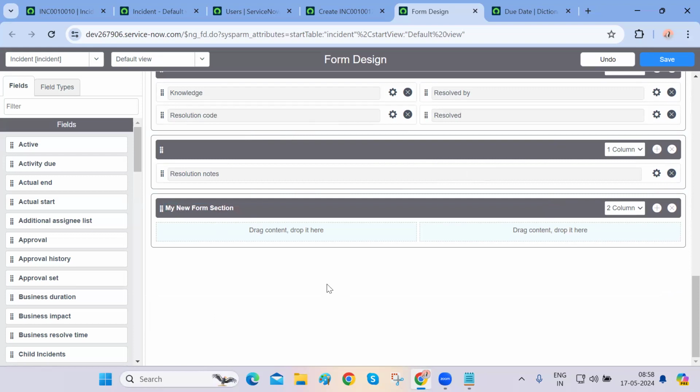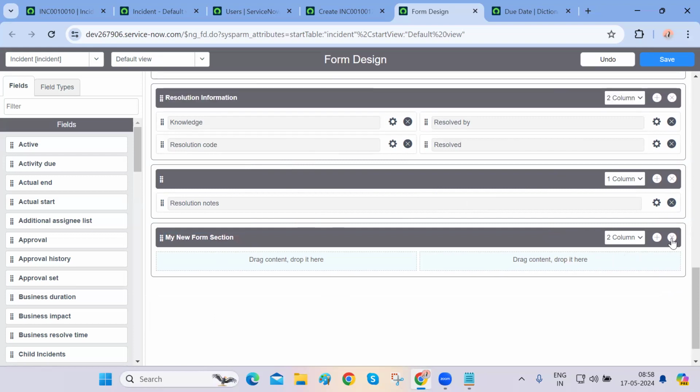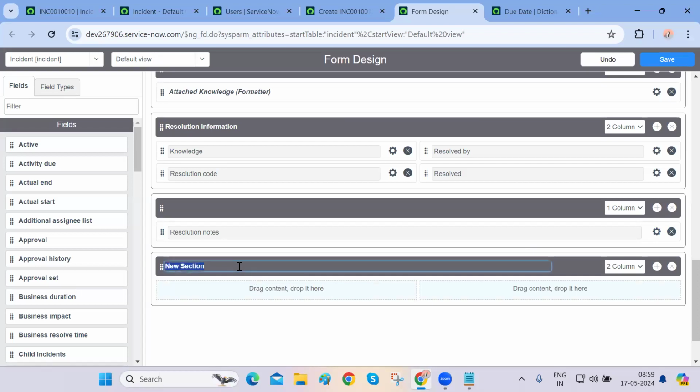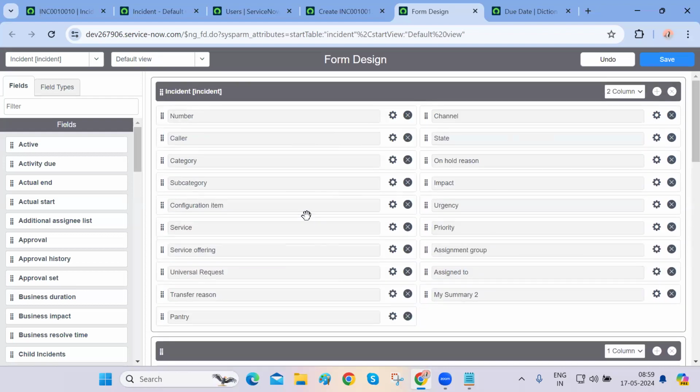You click on the plus icon to create a new section. Let me try to do it again. There is a plus icon, add a new section after section 8. So I clicked on this. I give it a name, my new section, and any of the fields I want to, I can just drag